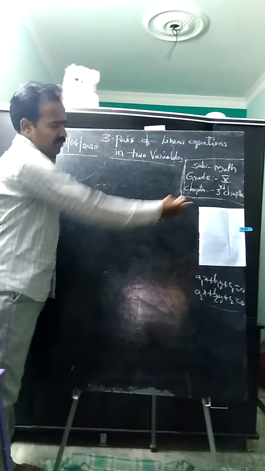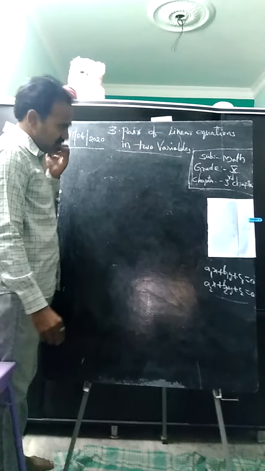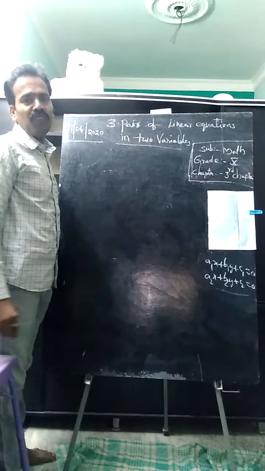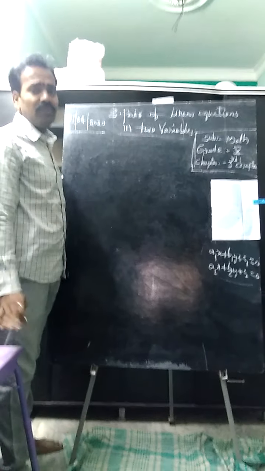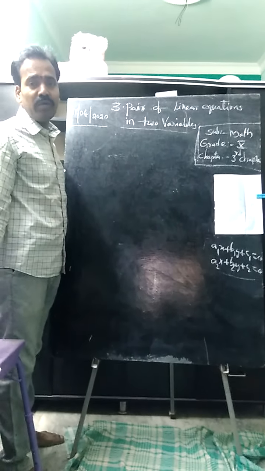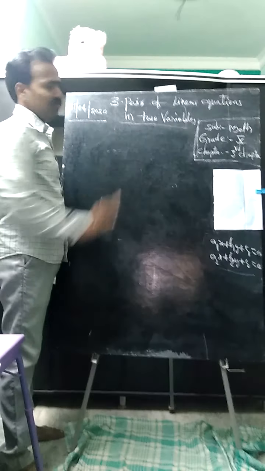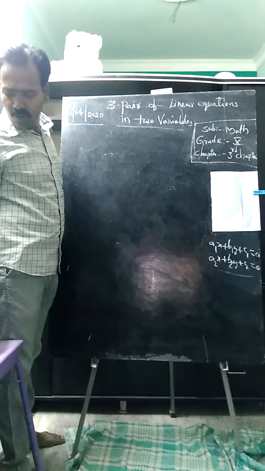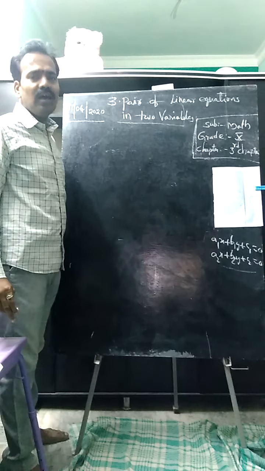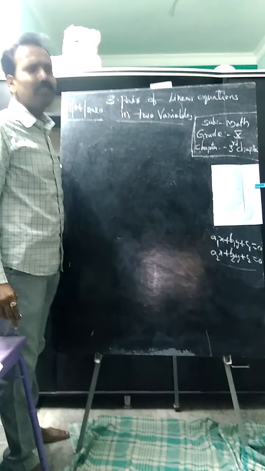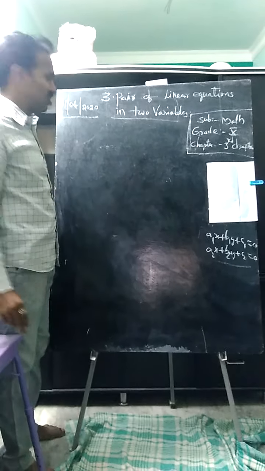Yes, good morning students. In the previous class, we discussed the geometrical or graphical representation of a pair of linear equations in two variables, that is, a system of linear equations in two variables, and the three different conditions when two linear equations in two variables are given. Now you are going to learn about different algebraic methods of solving a pair of linear equations in two variables, or a system of linear equations in two variables.